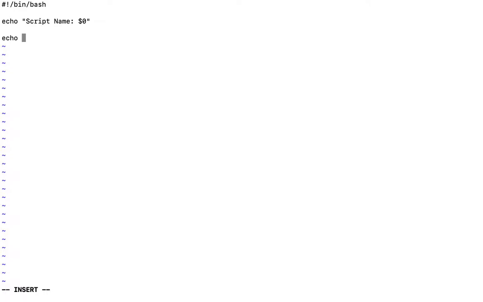We can store those values into variables with the position names, and we can use them for any other purpose as well. We can do arithmetic operations, we can concatenate strings, we can do much more. But for easy understanding I am doing the echo statements over here. So let's take channel name, $1, and I am closing this.